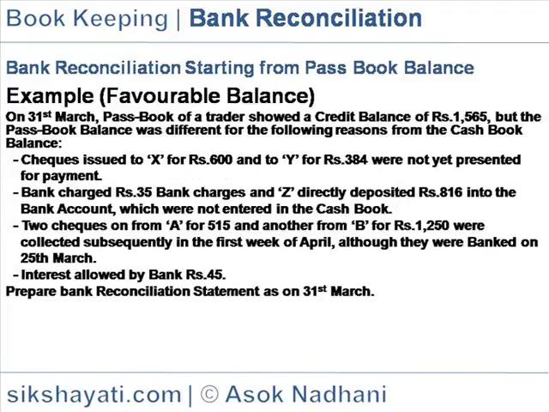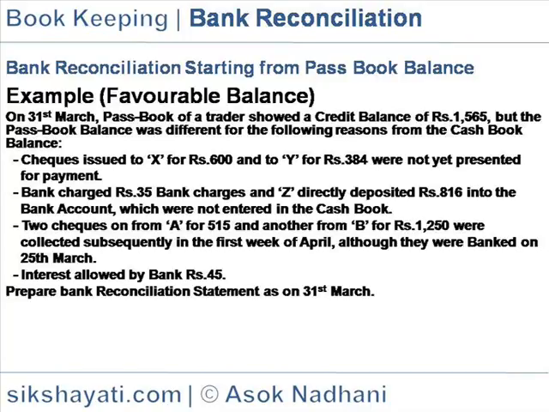Example, favorable balance. On 31st March, the passbook of a trader showed a credit balance of 1565, but the passbook balance was different from the cash book balance for the following reasons. Checks issued to X for rupees 600 and to Y for rupees 384 were not yet presented for payment. Bank charged rupees 35 bank charges and Z directly deposited rupees 816 to the bank account, which were not entered in